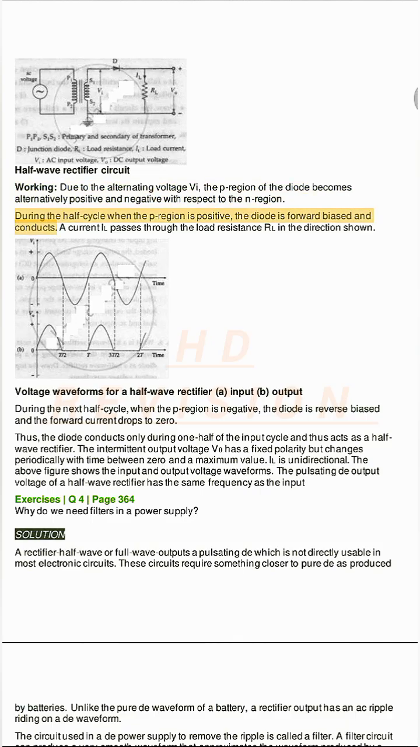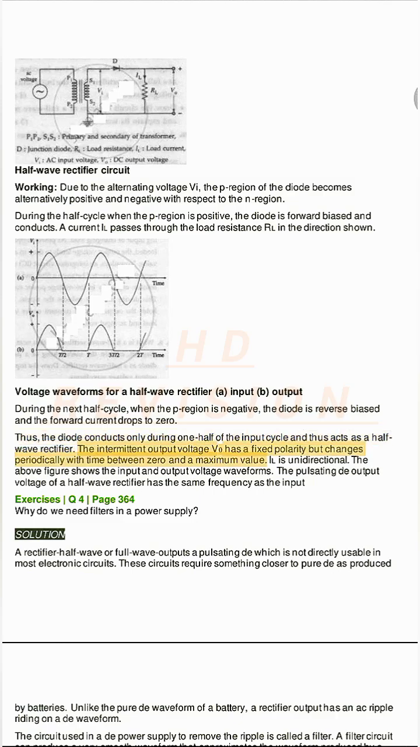During the half cycle when the P region is positive, the diode is forward biased and conducts. A current IL passes through the load resistance RL in the direction shown. Voltage waveforms for a half-wave rectifier, A input, B output. During the next half cycle, when the P region is negative, the diode is reverse biased and the forward current drops to zero. Thus, the diode conducts only during one half of the input cycle and thus acts as a half-wave